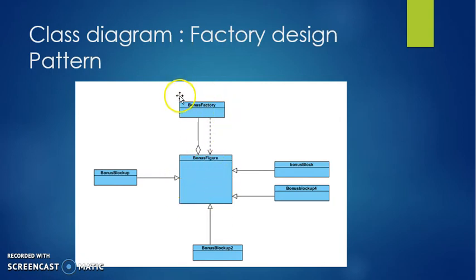Our bonus factory that you see here will use the bonus figure to get a bonus object. So basically for the bonus factory here, to get one of those objects, it will request it to the bonus figures that is here. And this is actually the interface. And this interface aggregate the bonus factory. The bonus figure will pass information to the bonus factory to get the type of treasure boxes it needs. So this is all for the class diagram.